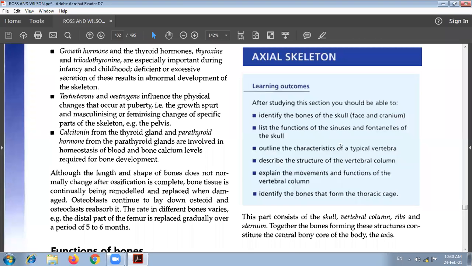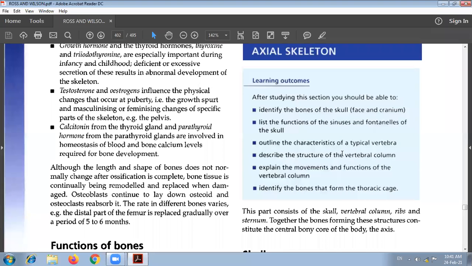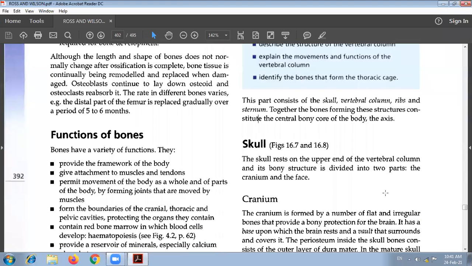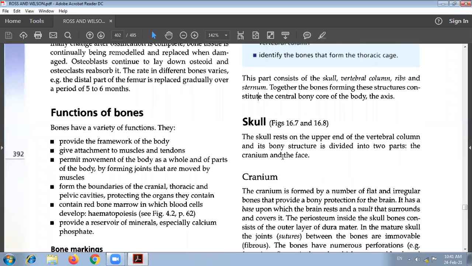So, the axial skeleton. Let us start with the axial skeleton. This part consists of the skull, then the vertebral column, ribs and sternum. Together the bones forming this structure constitute the central bony core of the body, that is, the axis of the body. So the skull, here you can see the skull that is raised upon the upper end of the vertebral